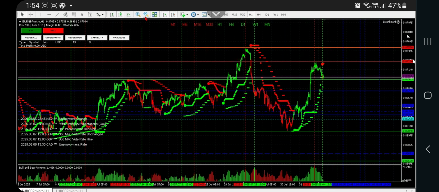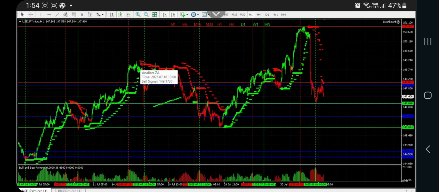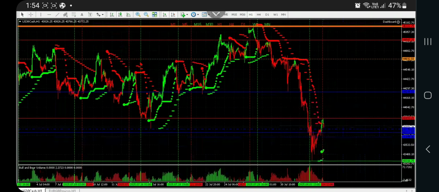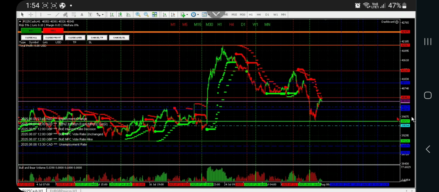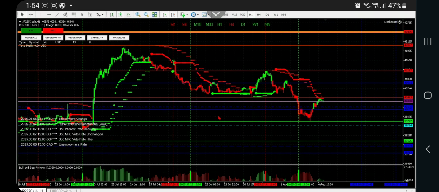Looking at the markets, I actually want to take you guys to a trade I spotted, or something I spotted yesterday. Okay, so if I look at JP 225, right, and if I can zoom in here,